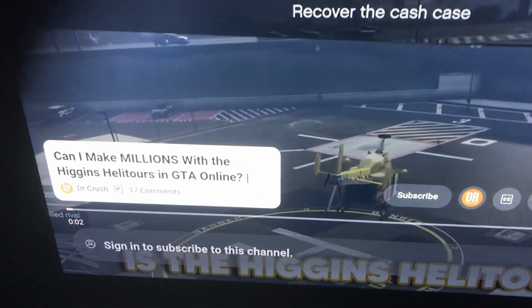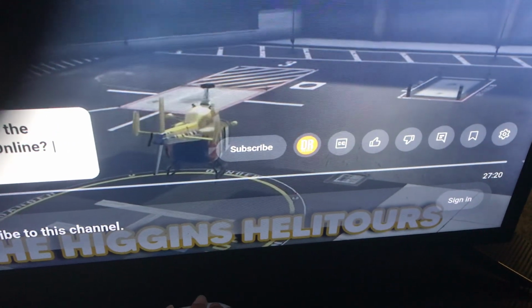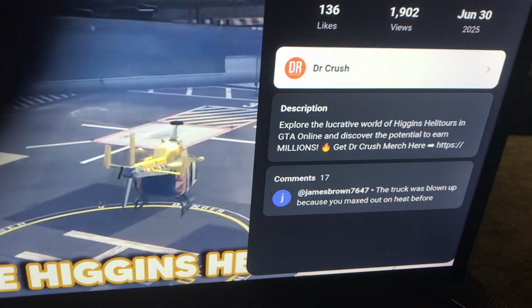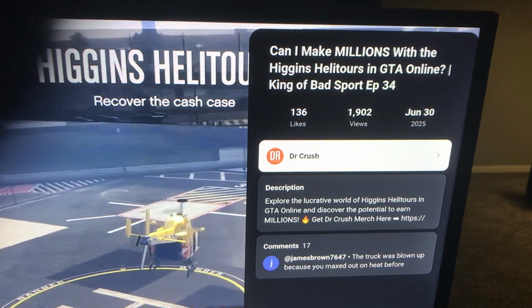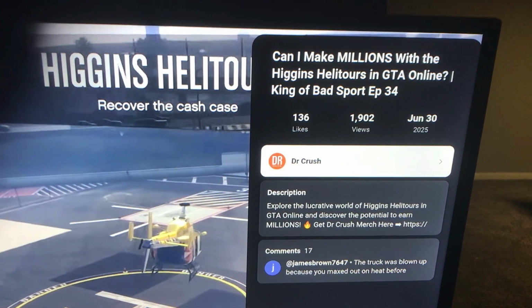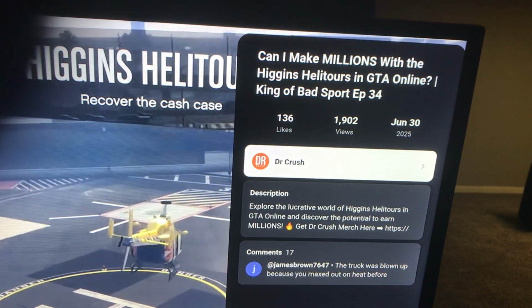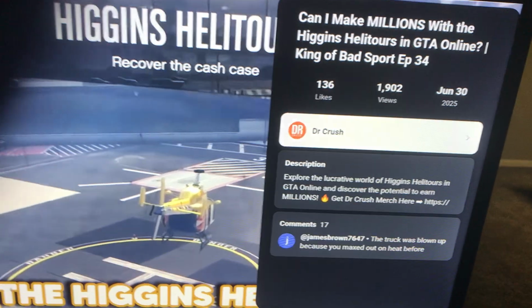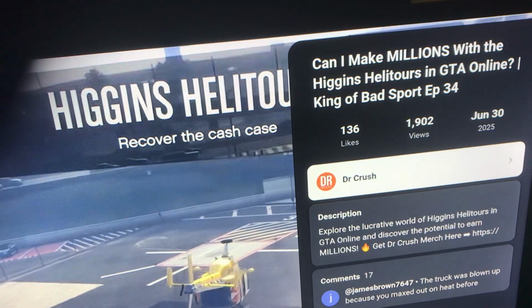You can read the About button. You can read the title of the about section, which opens up the description. Can I make millions with the Higgins Helitours in GTA Online? King of Bob Sporty P34, 136 likes, 1,902 views, published on June 30th, 2025. Dr. Crush, menu item, 1 of 3. Yeah, it'll tell me how many likes it has, how many dislikes it has. Again, published by Dr. Crush. If I go down,